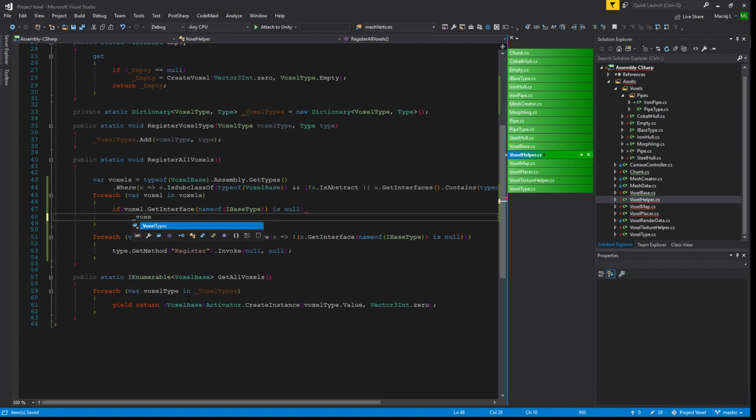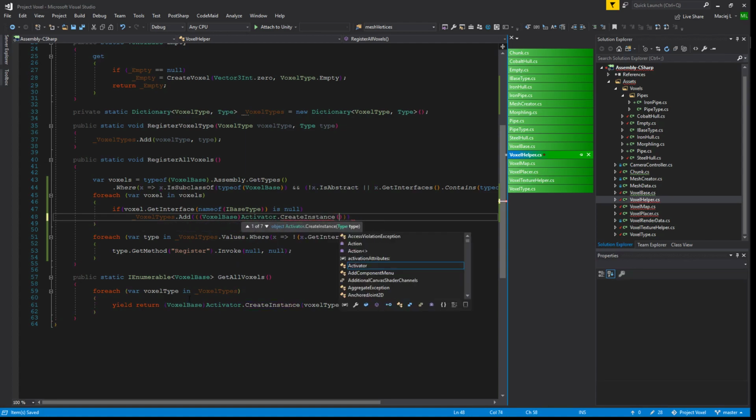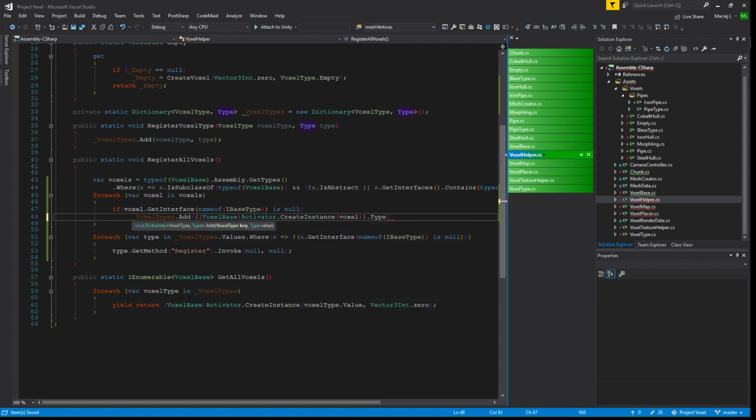So voxel types add, the key will be the voxel base activator.create instance of the voxel type, and the value will be just the type. So voxel